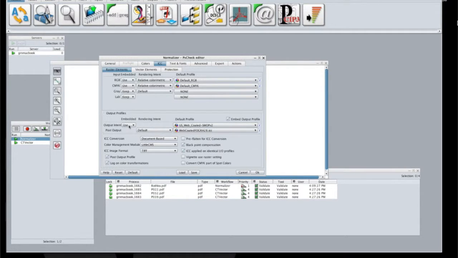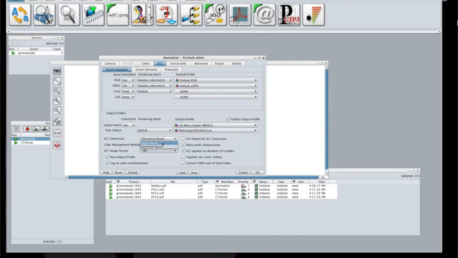Okay, thank you, Uli. So we have another question. When should we use object-based conversion or the document-based conversion for the colors in the PS check? So this is the same tab. In fact, the object-based is converting object by object. When you have an RGB image, the object-based option looks only at this image, and will convert it to CMYK, for example.